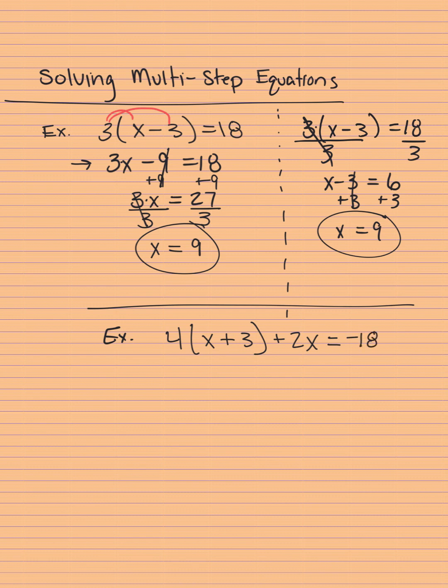All right, so this one's similar, but this one has this thing added here, this plus 2x on the outside of the parentheses. So unlike the first example, where we could divide by 3,